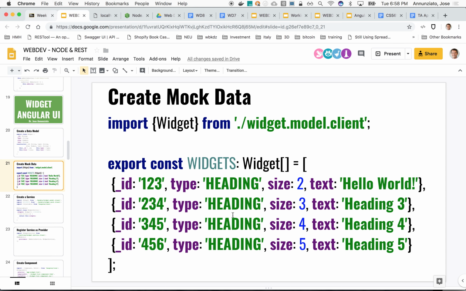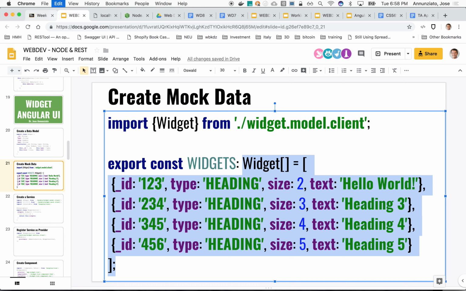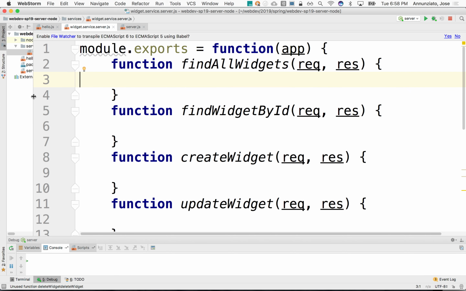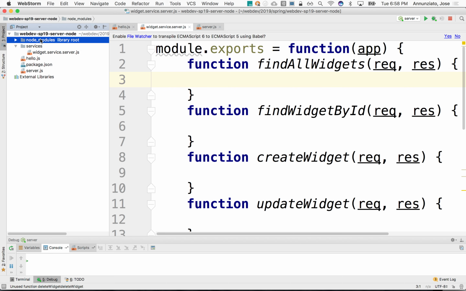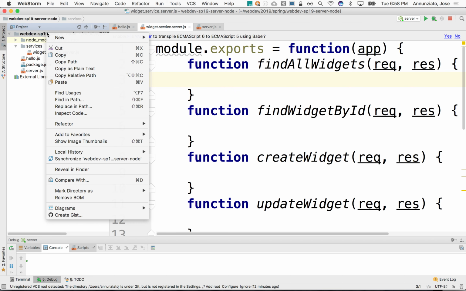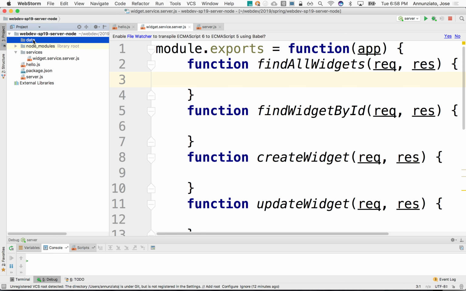There we go. So let's copy these widgets, and let's declare them in a separate file. Maybe here, create a new directory. We'll call it data, and under data we'll create a file called